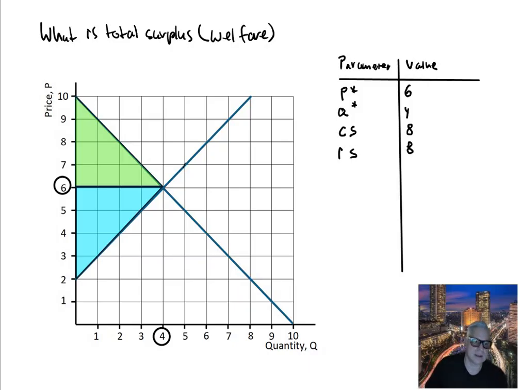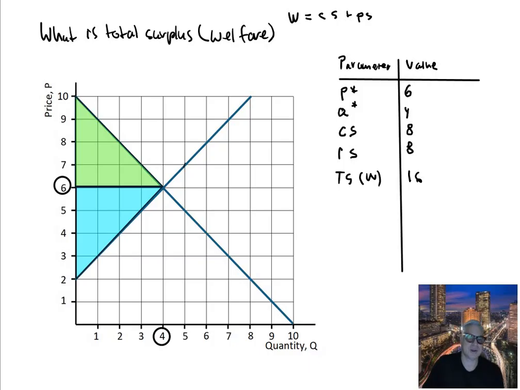And then, little surprisingly, total surplus or welfare is 16. So welfare is equal to consumer surplus plus producer surplus,